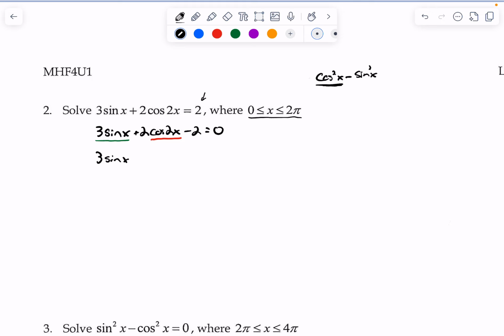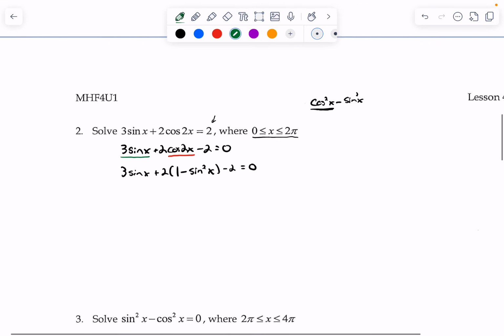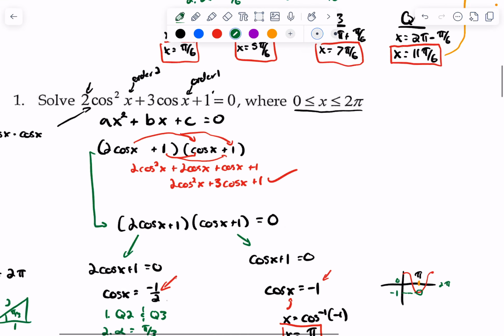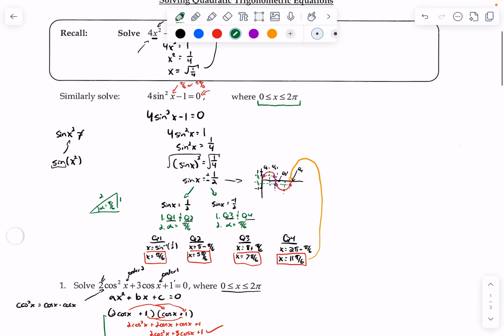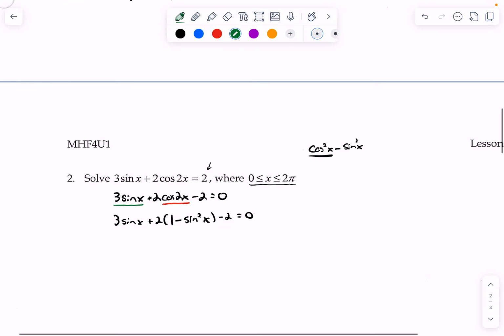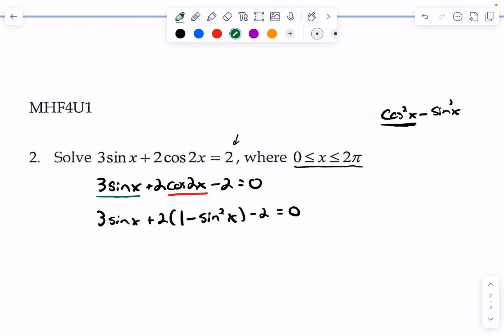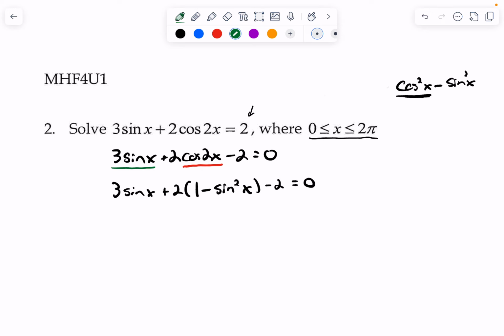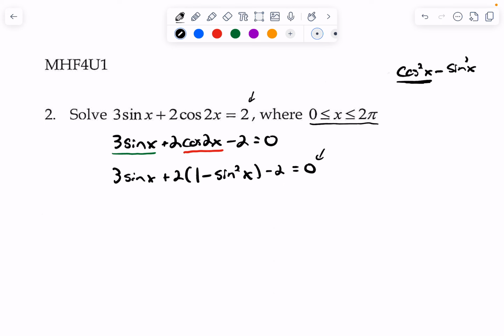So the one that would make sense to use would really just be the 1 minus the sine squared x minus 2, because now you only have one type of trig function in there. Look back to what we've done. There's only cosines in here. There's only sines in here. So try to use your identities when given something that looks like this. Use your identities to get it written in terms of just one trig function. All right, so we've satisfied the 0 on the back. We've got rid of the cosine double angle. Now let's just